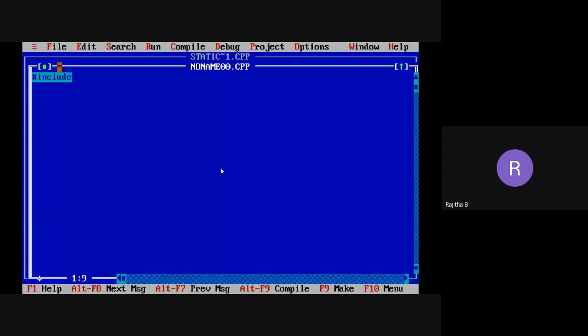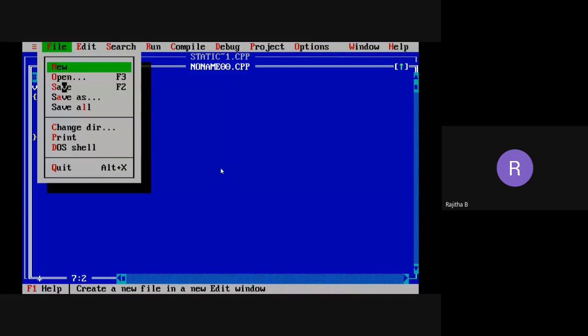Hash include iostream.h. I'm taking the normal program, not the class program. Main. I'm taking an int x. Now I'm going to print the value of x, and simply closing the function.